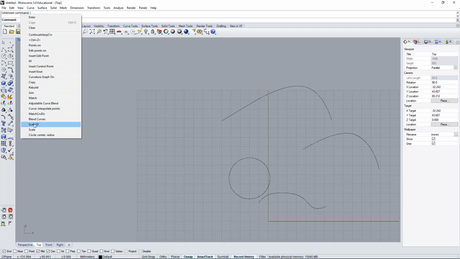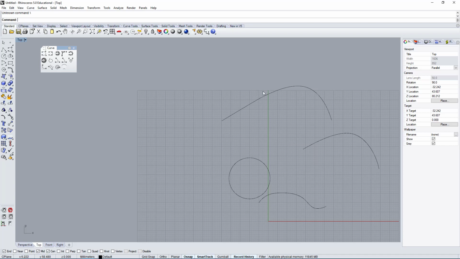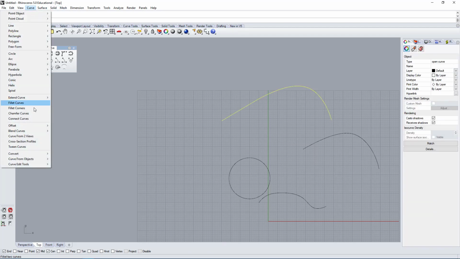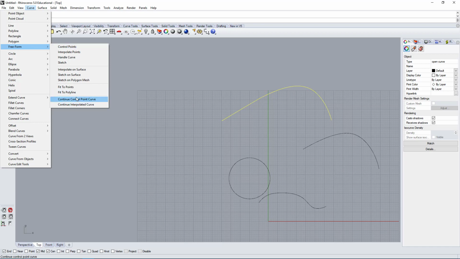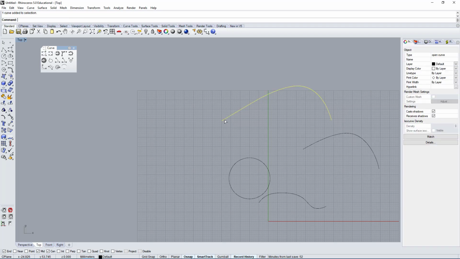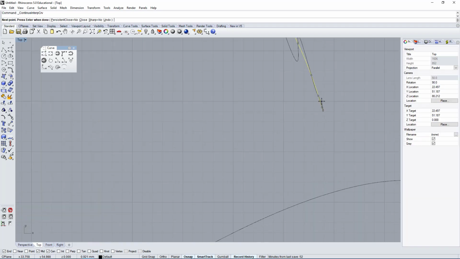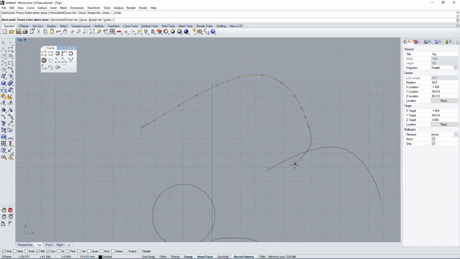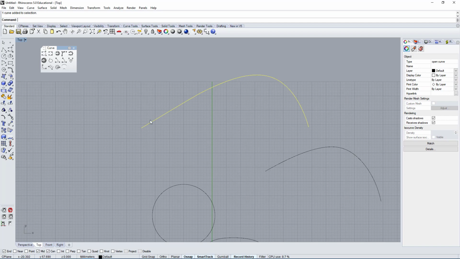Where is this command? Okay, I don't see it. Let's go back under curve, freeform curve. I guess it's not here because I did not press enter. I thought it would be under the command list. Yeah. Okay, press enter, and it doesn't let you choose the orientation of it. So let's escape, undo. Okay, we're back to the curve we had initially.